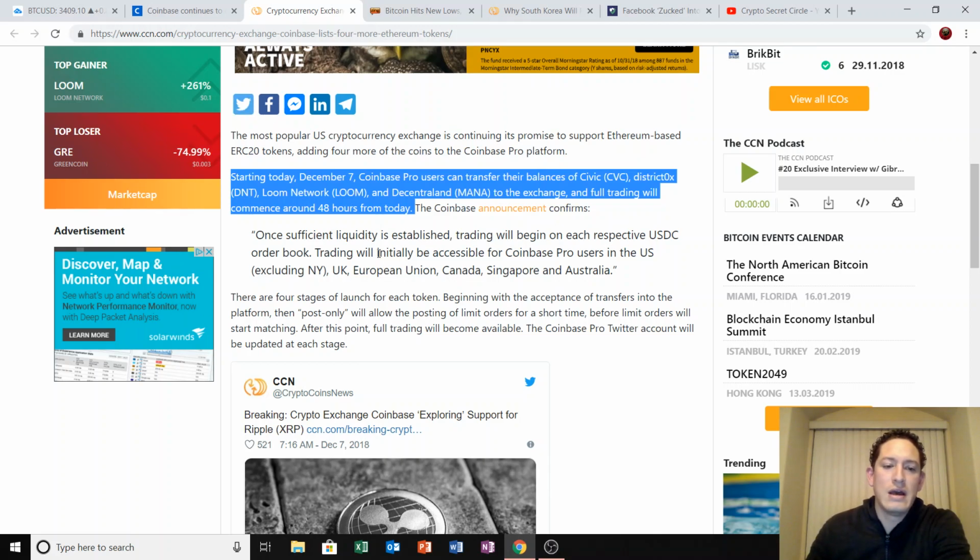I think it kind of shows that there may be a little bit more time before Cardano and Stellar are added, especially because they're adding these ERC20 tokens before they add the top 5, as I call them. So